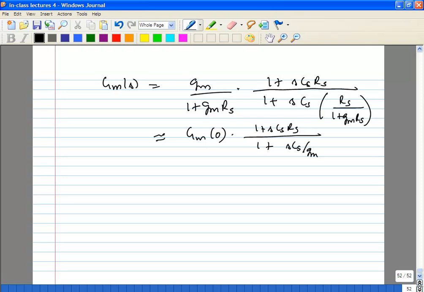Okay, so your voltage gain is nothing but your GM of S times ZL of S, which is GM 0 times